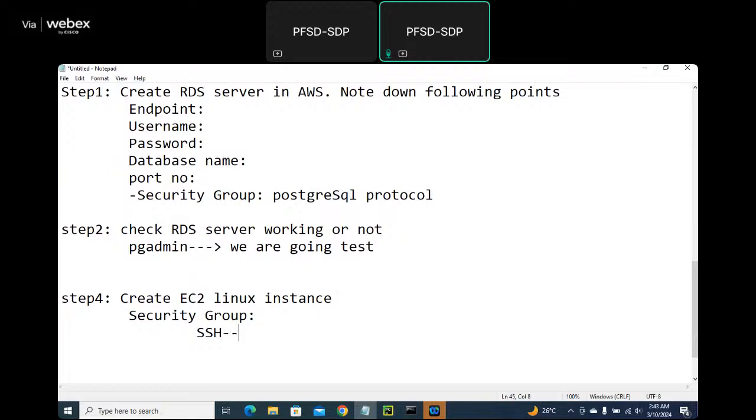SSH. SSH is for developer purpose, developer connection purpose. As a developer, I want to connect to my Linux system. Then I will deploy, I will modify, I will keep on working in my EC2 instance. Next one,